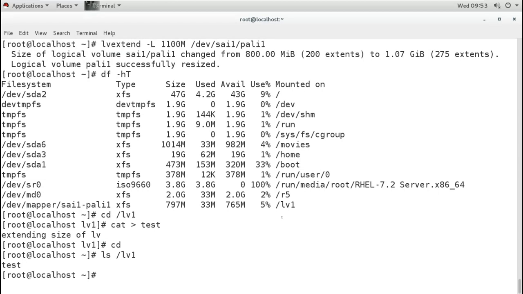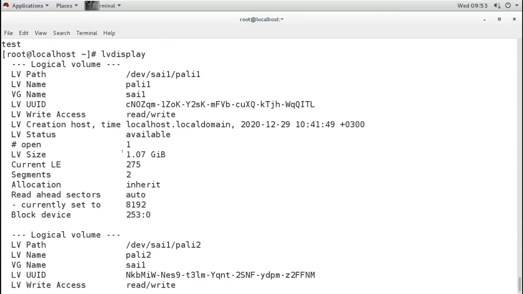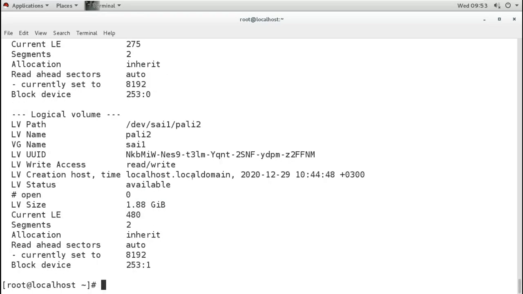Now when I check with the lvdisplay command to see how much I increased the size, it shows that the size is now 1.07, which is actually 1100 MB. So the size is changed, I have extended the LVM. But there is a small problem here.